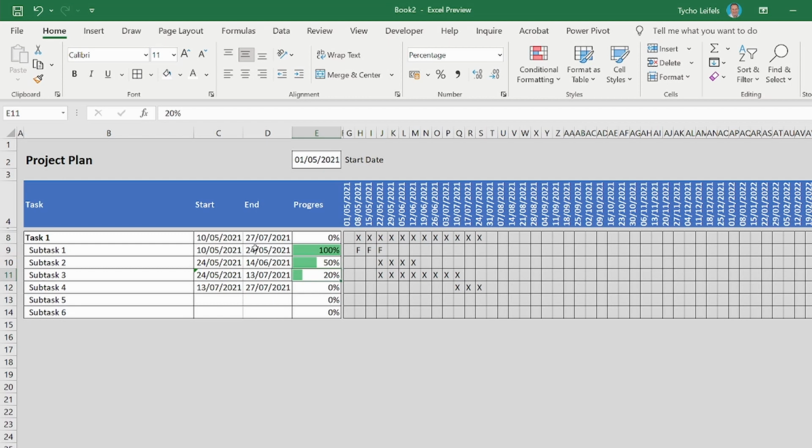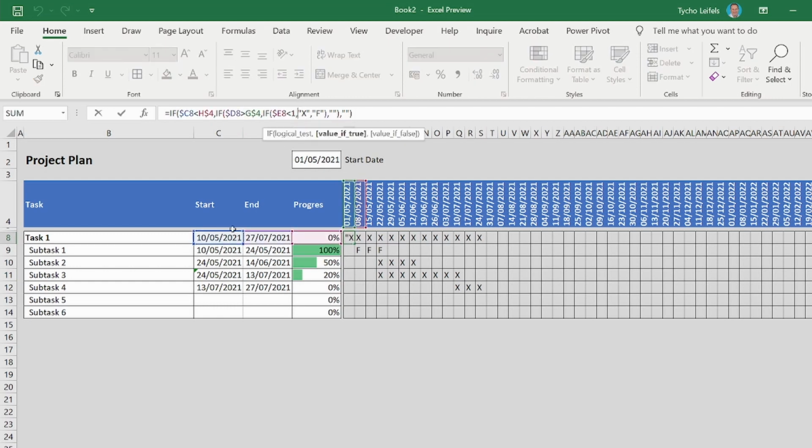Not yet 100%, because I also want to be notified if a task is overdue. So if this here is not yet finished, and again, I'm going to replace my X with an if statement. And if my